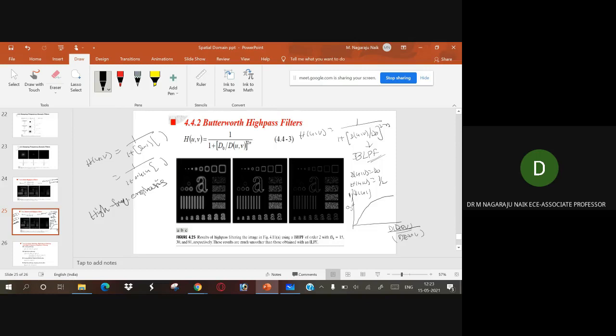A high frequency emphasis preserves the low frequency components. And proportionally larger high frequency terms tend to obscure the result.